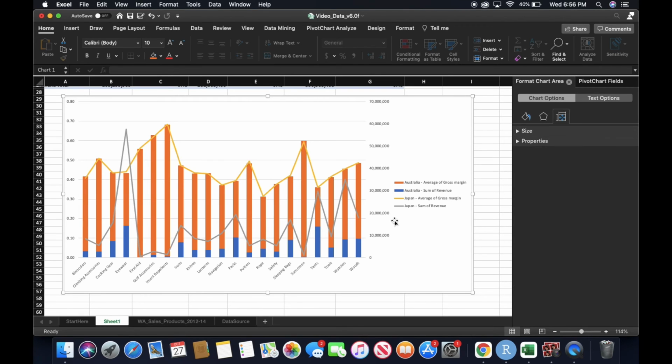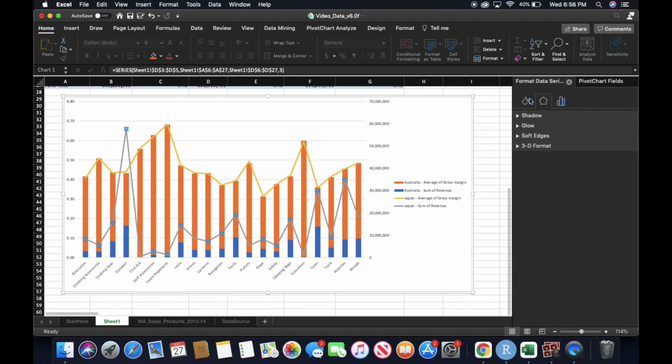So now that I have done that and formatted it to the way I like, it's a lot easier to see, and you can see the two columns and the two lines showing all of the information nice and easily. Now that I've shown you how to build a pivot chart and create a combination chart with lines on the secondary axis,